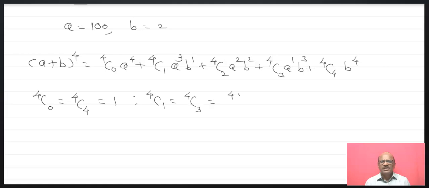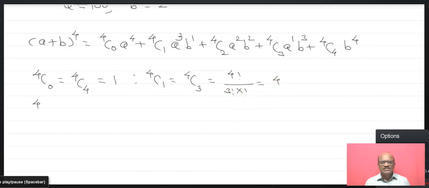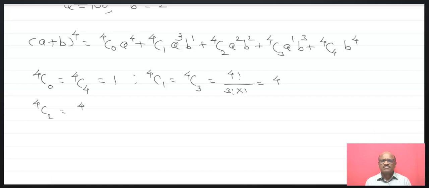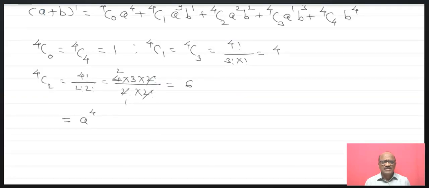Now their values, that is 4C0 is equal to 4C4 is equal to 1. 4C1 is equal to 4C3 is equal to 4 factorial upon 3 factorial into 1 factorial, that is equal to 4. And the next value, that is 4C2 is equal to 4 factorial upon 2 factorial into 2 factorial, and that is equal to 6. Therefore, if we substitute the values, then we will get,